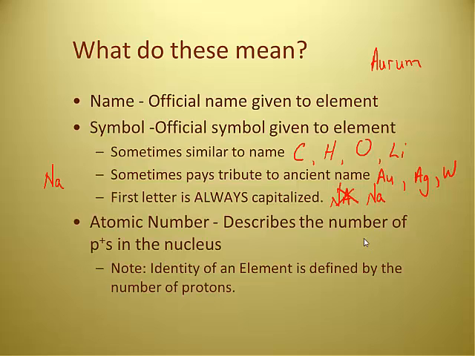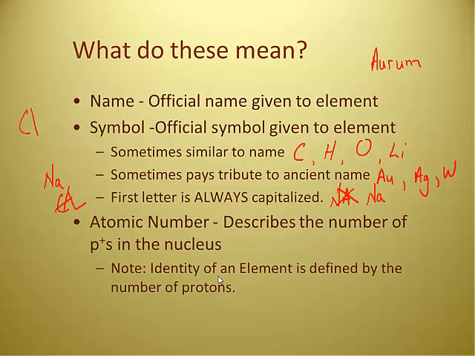Oh, and could you do me a favor, Mr. Kane? Write down the symbol for chlorine. C, L. That's Cl, not C1. So we've also got our atomic number that describes the number of protons in the nucleus,